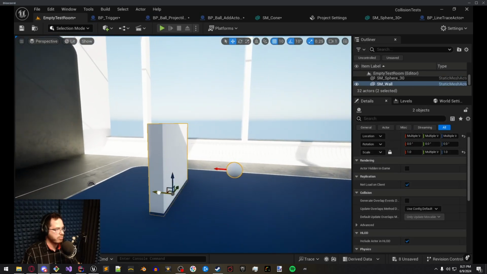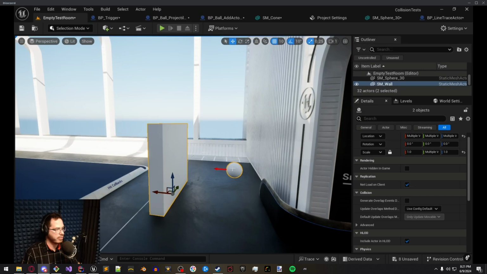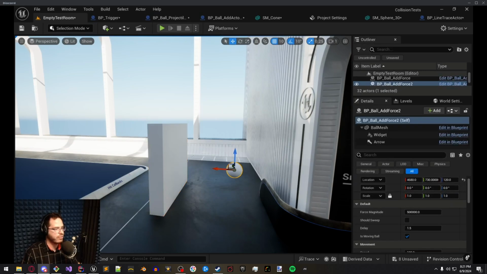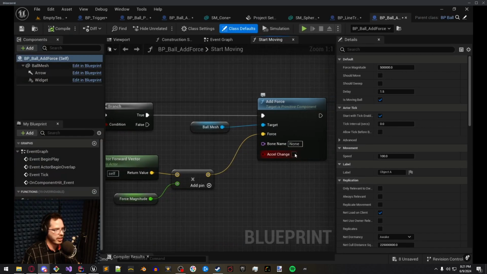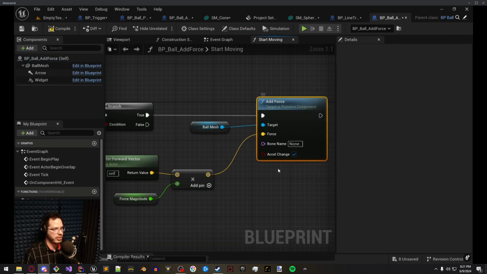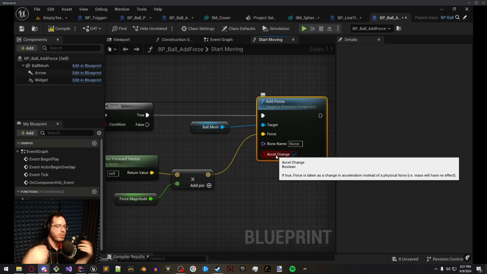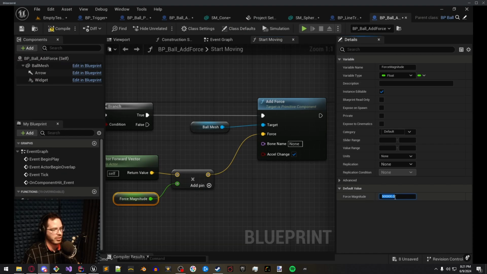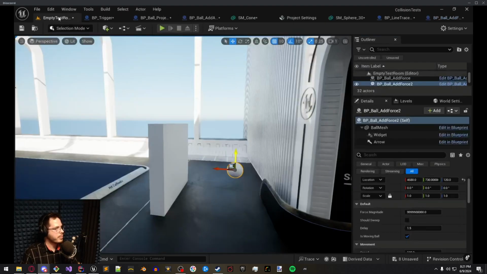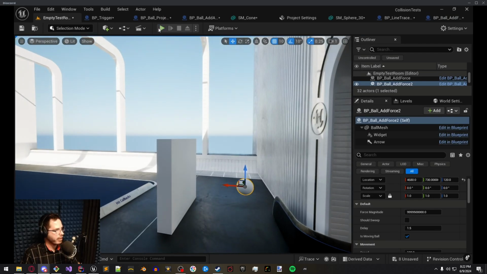Let's move these over to here, and take that force that's being used on this force magnitude. I can check Accel Change, and that will make sure we don't take the mass of the object into account. So I can use a smaller number and get a bigger force. I can give this a really big number. And if I press play,